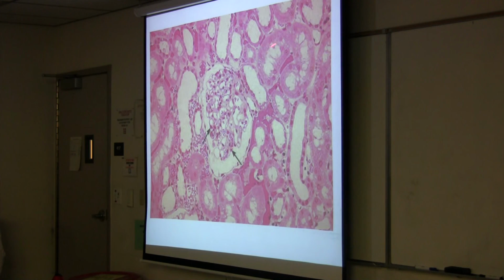So again, here's proximal convoluted tubule, the messy appearance. Here would be distal. Here's our capsule, and right here, it doesn't look very tall, but it is distinctive from the rest of the tubule. This would be the macula densa right there, where all the nuclei are bunched up close together. All right, so even though it's not columnar in this appearance, you can still see the macula densa aspect of it. Okay? All right,